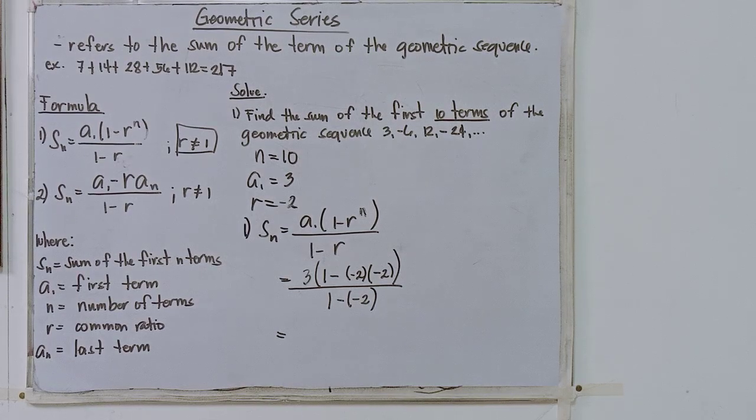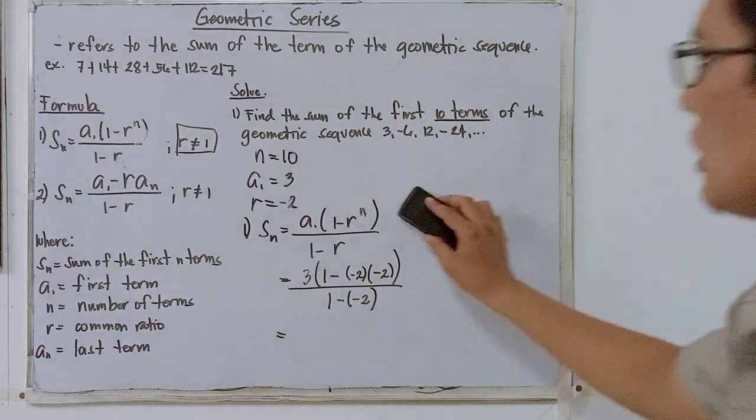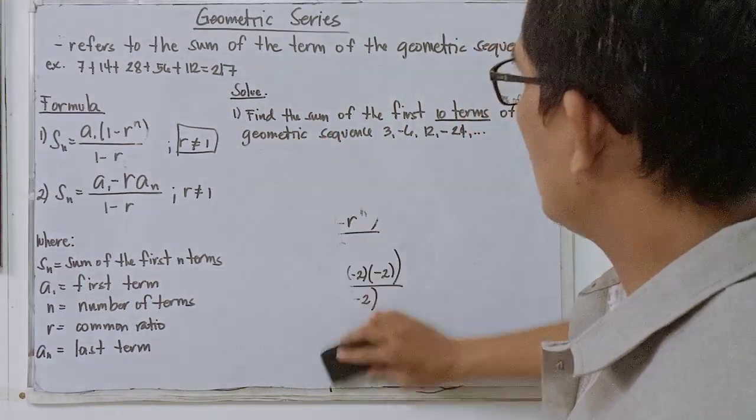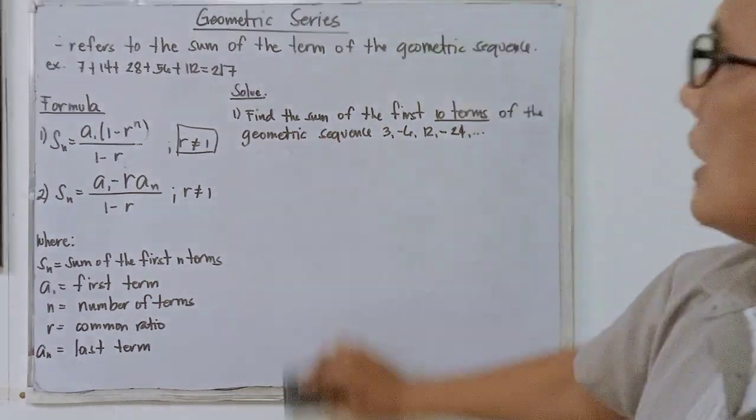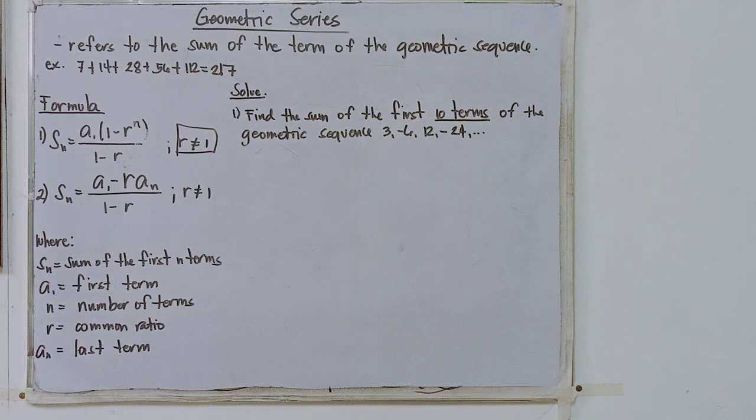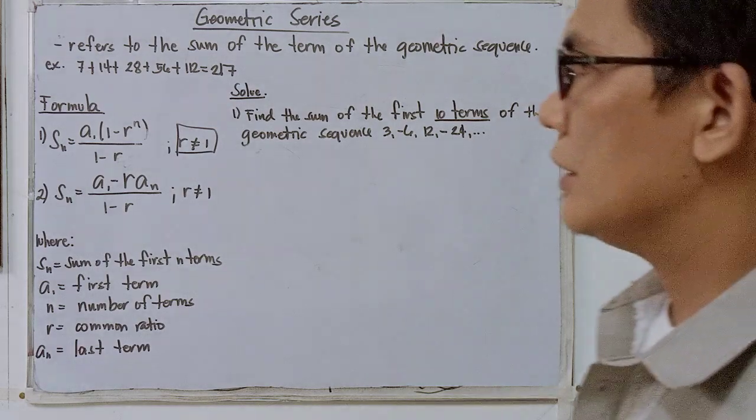Okay, let us proceed now to our next topic, in which we will be talking about geometric series. Now, a geometric series, by definition, refers to the sum of the terms of a geometric sequence. An example is 7, 14, 28, 56, and 112. If you are asked to solve for the sum of the terms of our geometric sequence, that would add